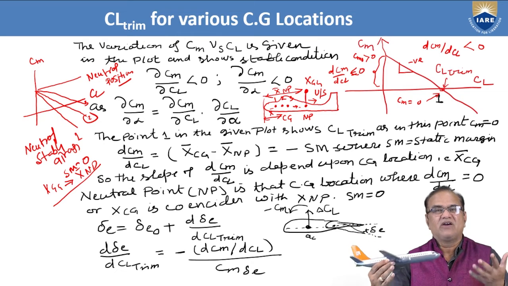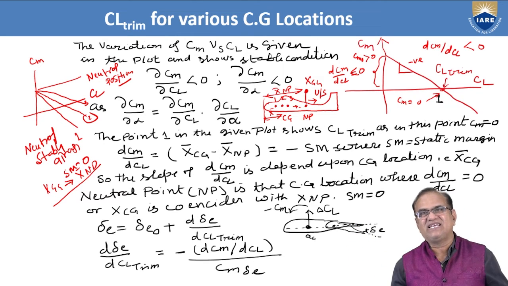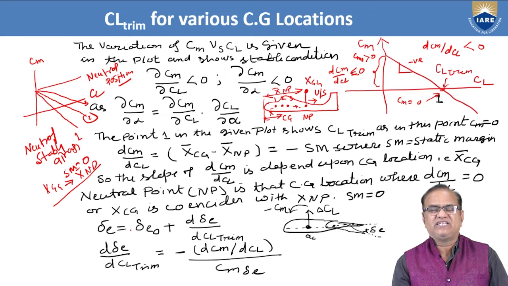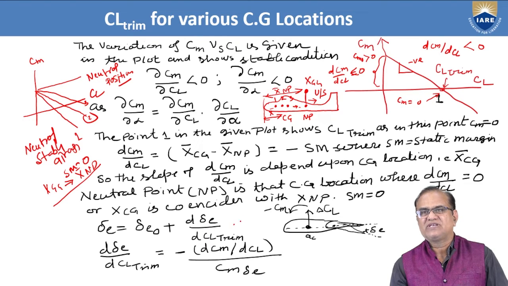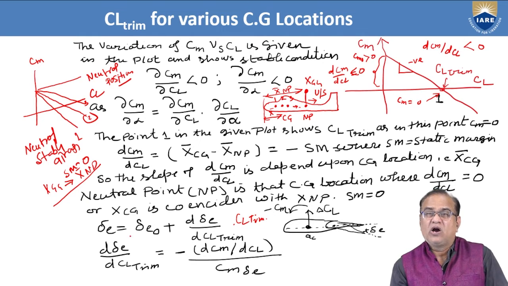If this is happening, we can say that the aircraft is statically stable. So, we have learned that the deflection of the elevator required, delta E, is equal to delta E naught plus d delta E by dCL trim into CL trim. It is missing here, but it should be CL trim. So, we know that d delta E by dCL trim is equal to minus dCm by dCL into Cm delta